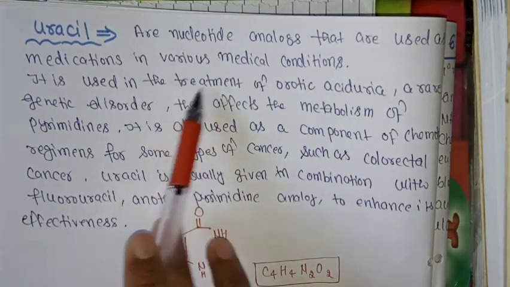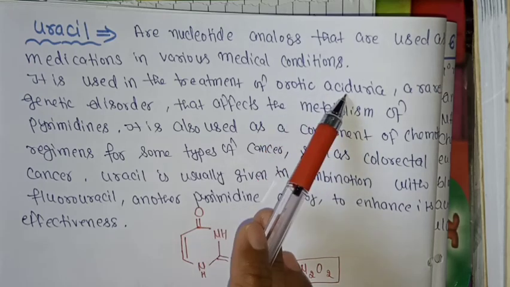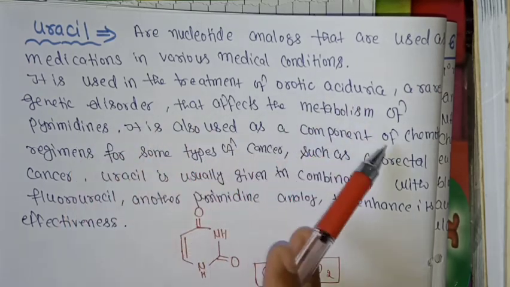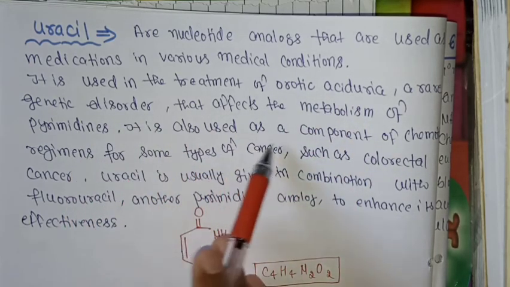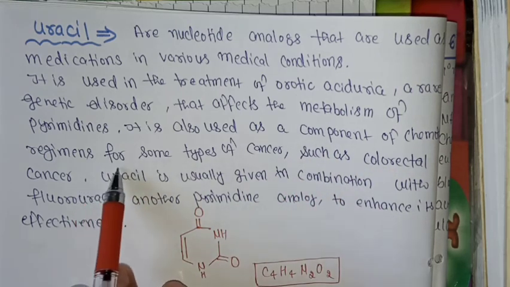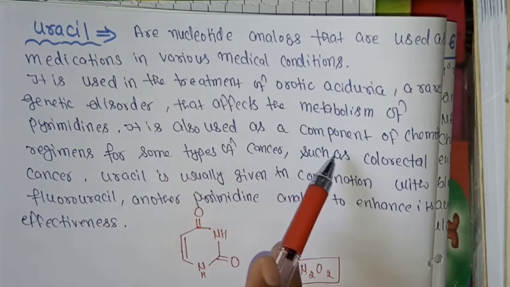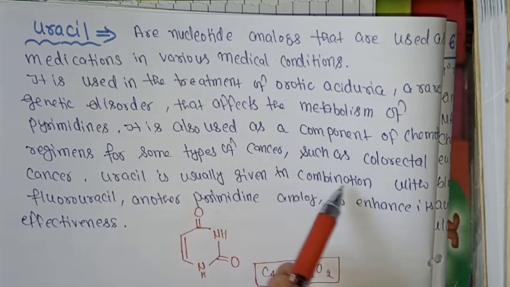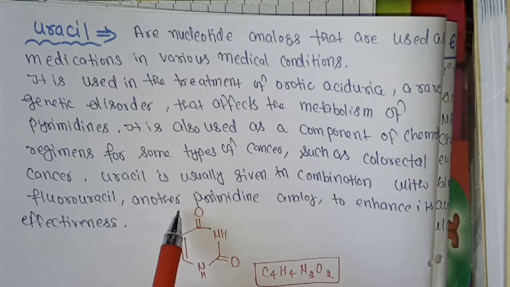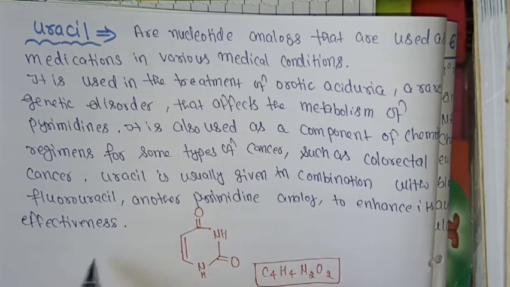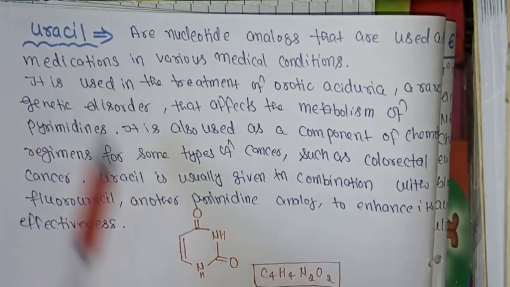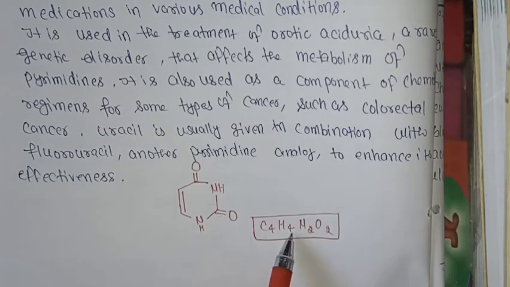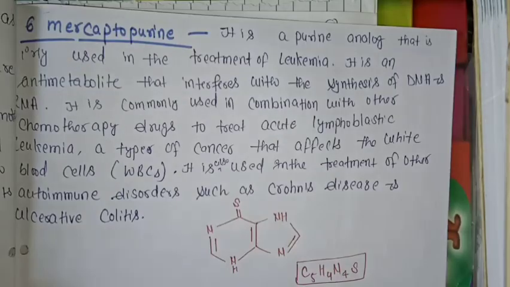Next is uracil, a nucleotide analogue that is used as a medication in various medical conditions. It is used in the treatment of autoimmune and genetic disorders that affect the metabolism of pyrimidine. It is also used as component of chemotherapy regimen for some type of cancer such as colorectal cancer. Uracil is usually given in the combination with fluorouracil, another pyrimidine analog, to enhance its effectiveness. This is the diagram of uracil and its molecular formula is C4H4N2O2. Last one is